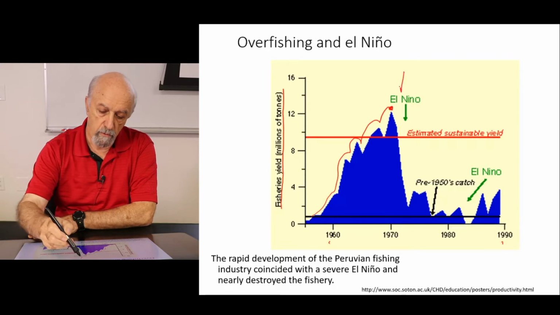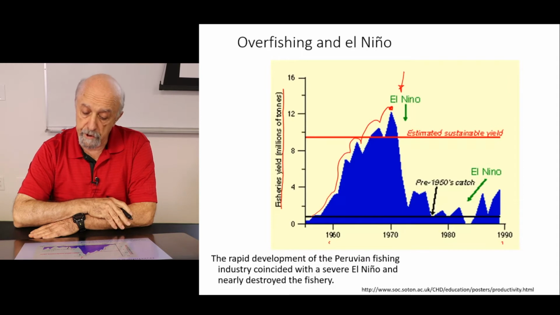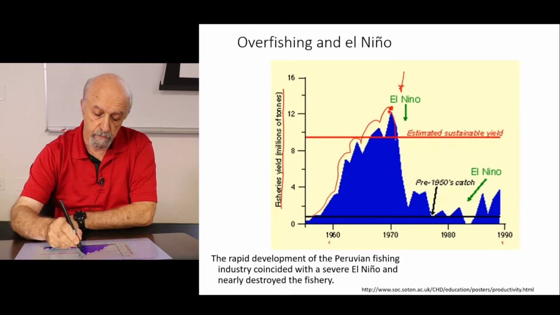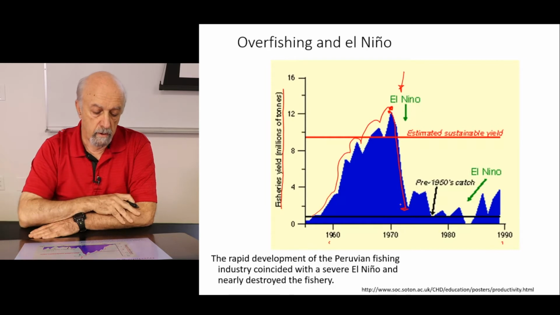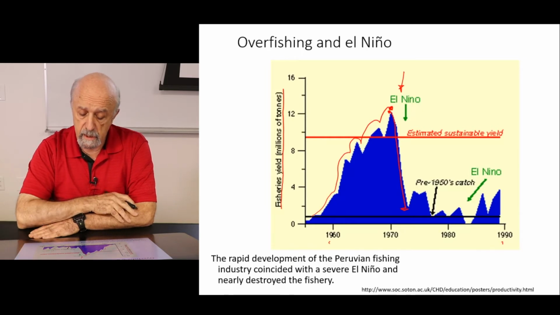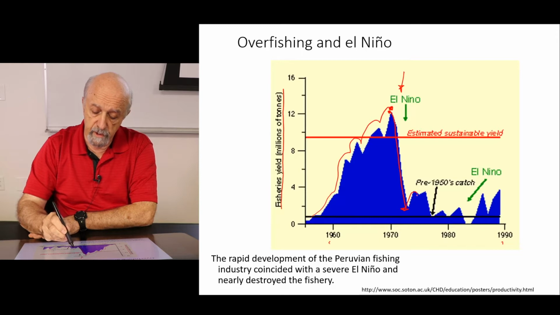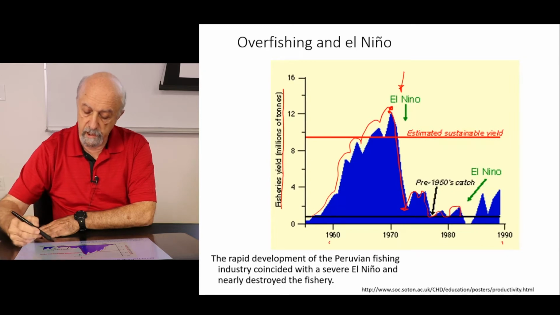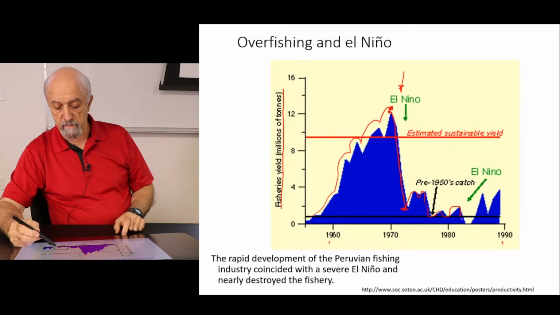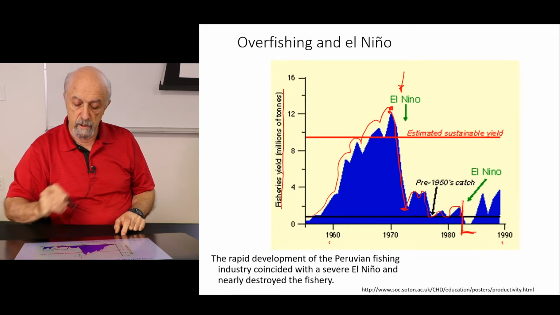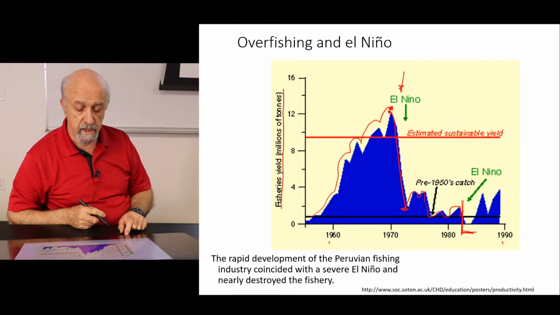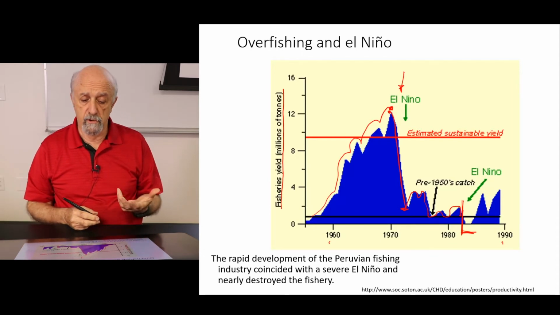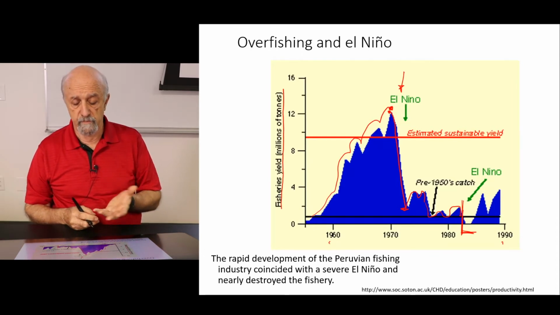And then we do have one of the strongest El Niño on record, and the productivity dropped like 10 times. And then there was some recovery, and again, no chance to recover. Another El Niño came in around 1985 or so, and then there was no fish production during that period of time, nothing. So if you are basing your economy on the fishing industry, this is a complete disaster.